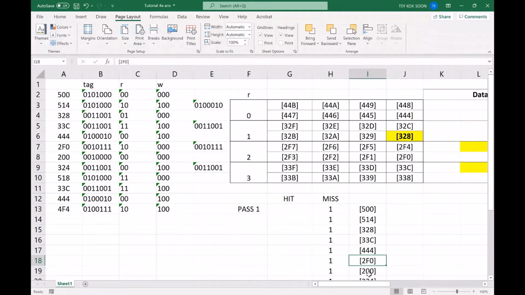So the next one going to come in is a 200. So they will go to line 0, check the tag. The tag is this one, then the 200 is this one. So they are not the same. So for direct mapping, it's very simple. When the line you want to access doesn't have the same tag as your data, you directly swap out the